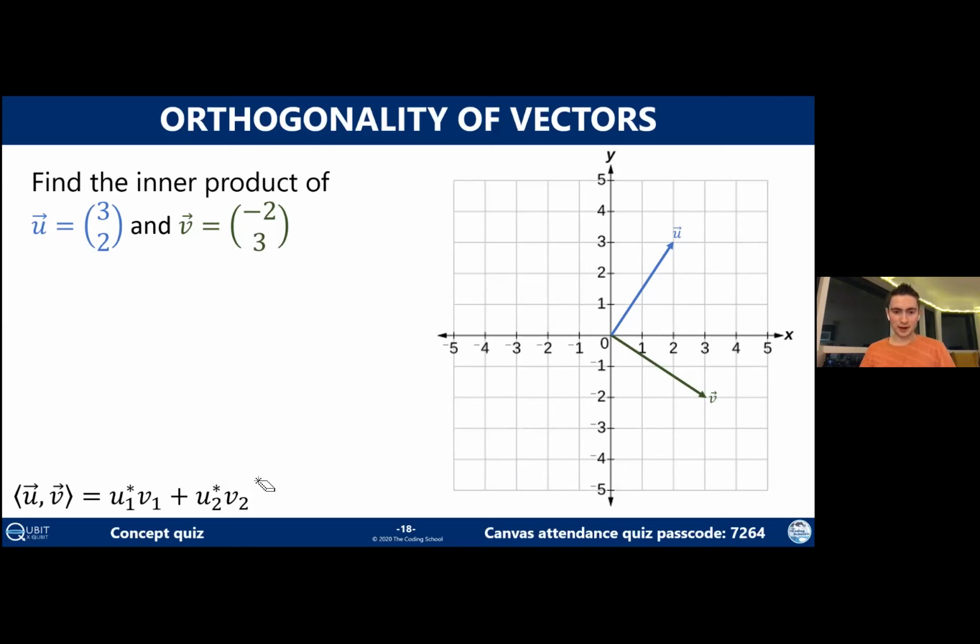And yes, you're absolutely correct. Both of the arrows here are wrong. Here, I can go ahead and draw the correct arrows just so that we're clear. My apologies for not catching that earlier, by the way. So the u vector should be right there at 3, 2. Then the v vector should be at -2, 3. So the x coordinate is -2, y coordinate is 3. It should be up here.